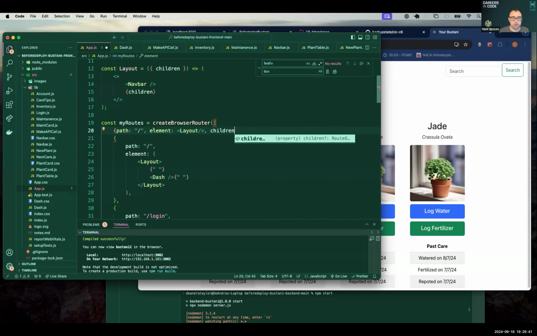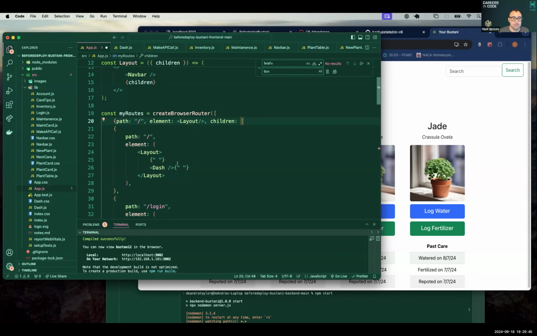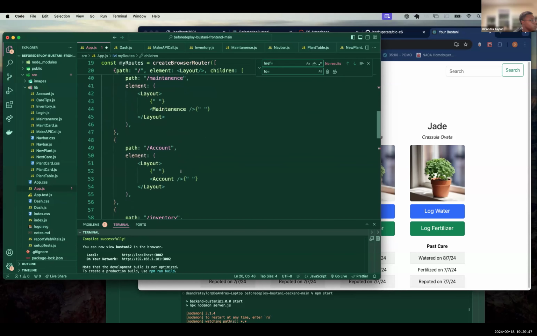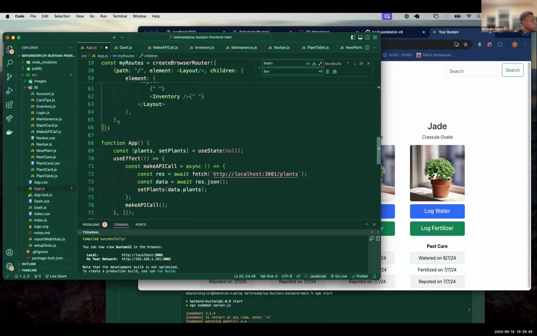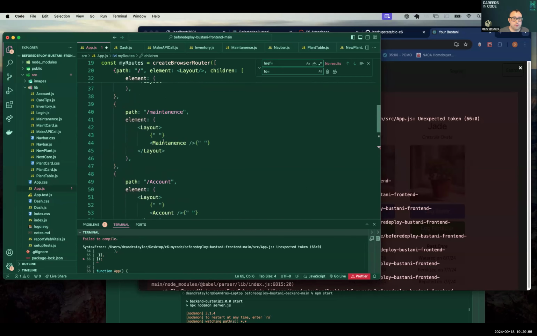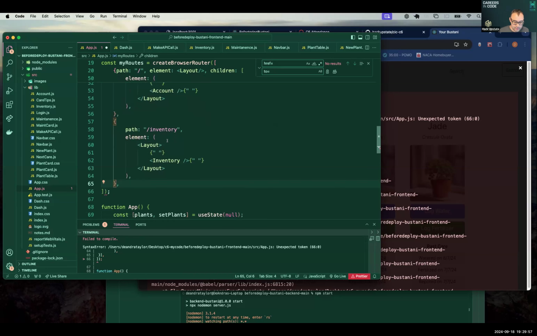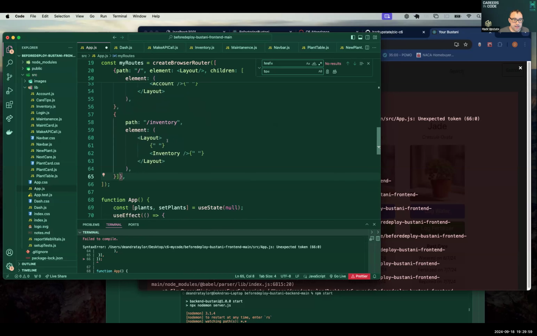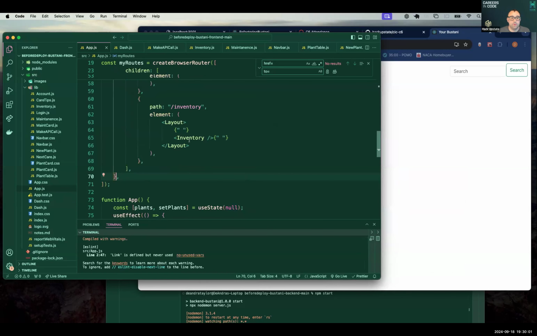And then the children will be all of these. Yeah, all of my multiple pages. And I think if we throw that there, do I need this and that? Aha. Okay. Then we can take your layouts out of all of these.